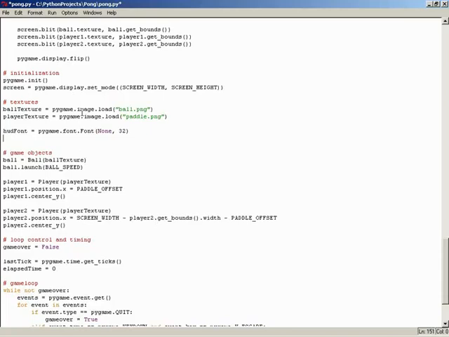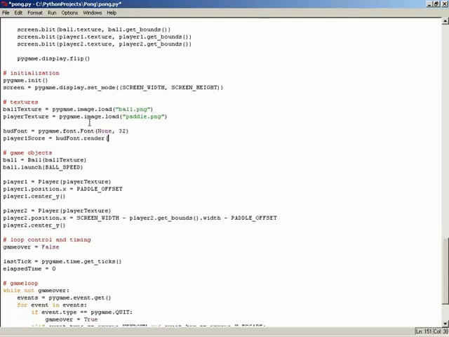Now, the next thing I'm going to do is make two more surface variables. I'll make a player1 score. As a matter of fact, let me just jot this down. Player1 score. This is going to be an actual surface, a texture, just like ball texture and player texture. But it is going to hold the rendered result of some text as represented by the HUD font. And we're going to kick this off to begin with by rendering the value 0 to it directly. So at the beginning of the game, the drawn rendered text will represent what the score value starts out as, 0. So we'll say that the player1 score, the surface, is equal to HUD font dot render,